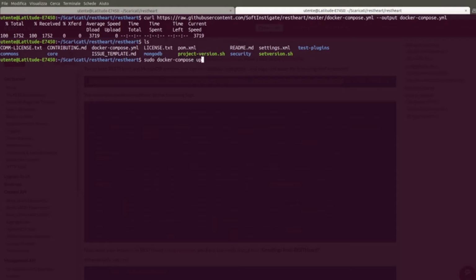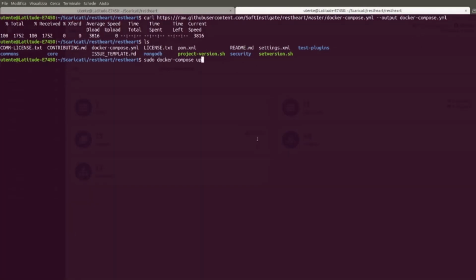This way, the images found inside the Docker Compose file are downloaded. In my case, I already installed them previously. Therefore, these images are already there, and the boot time will be shorter. If the images are not already in the machine, once you do the first start, you will have to wait some time to allow the download. The time it takes to do this operation depends on the connection speed. So, now we can boot Docker Compose app and wait a few moments till the process is completed.